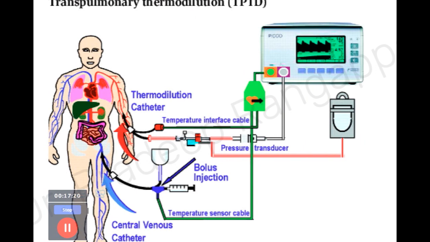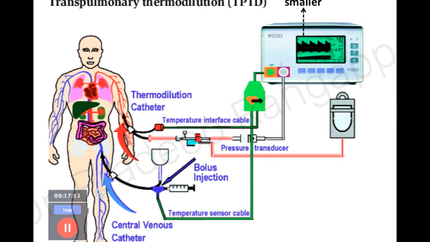So transpulmonary thermodilution is another technique which we typically do by using a Pico catheter. Basically here you look at the change in temperature between the venous and the arterial at the arterial tip. So here you have an arterial line which we put into the femoral artery. As you see here, it is put in the brachial artery. Then a cold injectate is given into the vein. Here you are giving it into the femoral vein, and you look at the change in temperature at the arterial end, and then a thermodilution curve is created and cardiac output is calculated.